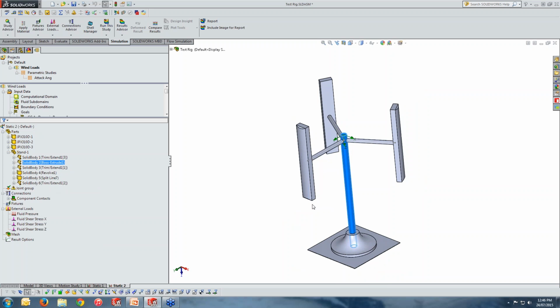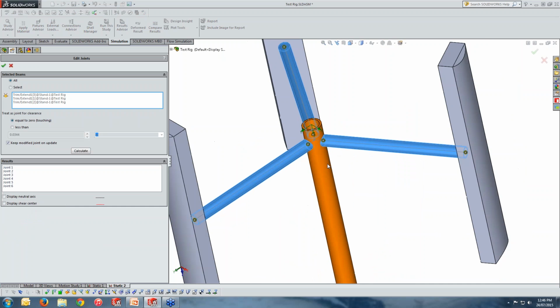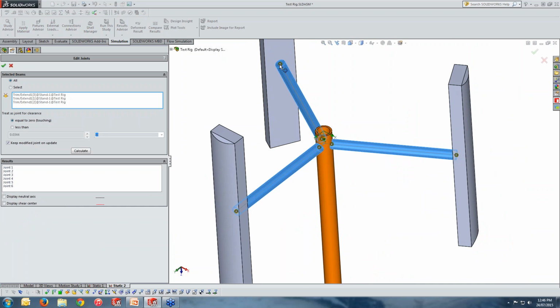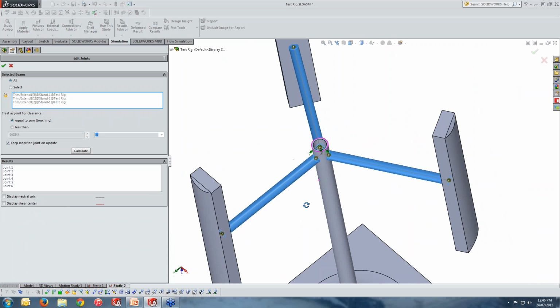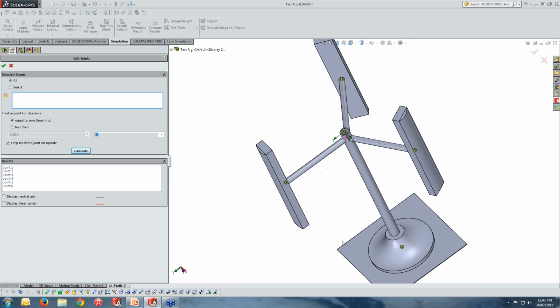Okay. Now, what is very important in this setup: when you have a beam, you have two endpoints, and these are called joints. So always go and edit your joints, and simply this is what you can show. We have a joint here, we have a joint here. Each component got a joint. You can simply select all your components, recalculate them,